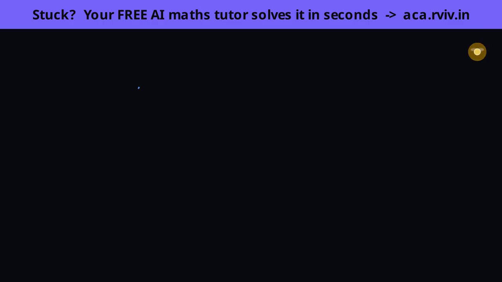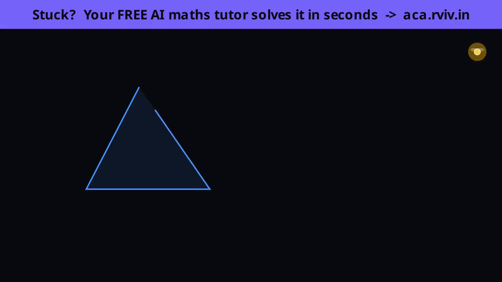Here is a triangle. Now, what do we really mean when we say two figures are similar? Think of a photograph. If you zoom in or out, the picture gets bigger or smaller, but nothing gets distorted. A face stays a face, a square stays a square. That is exactly what similar means: same shape, possibly different size.